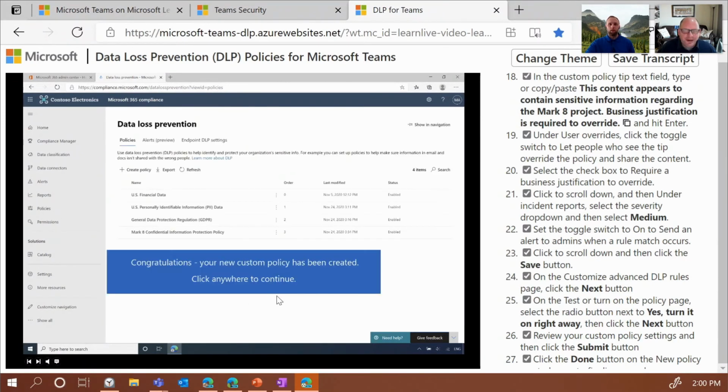And that new policy is created. Congratulations, we just created a custom DLP policy. So in this guide, we did 3 of the